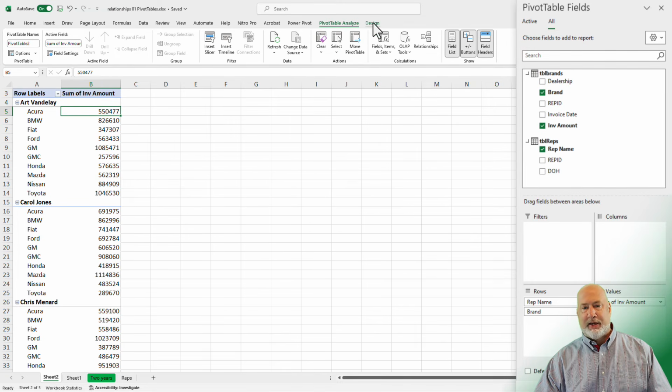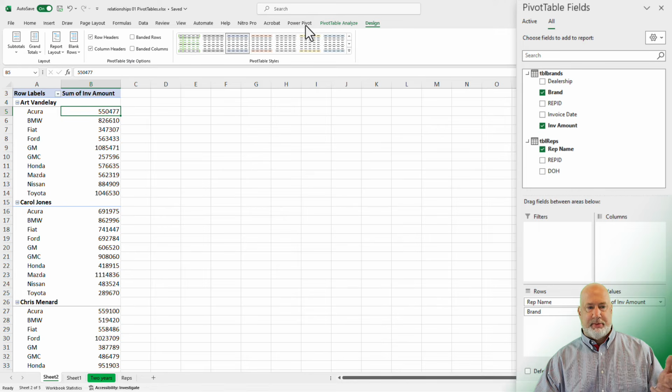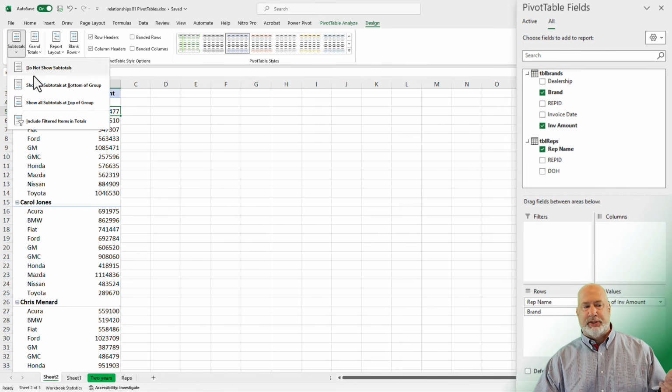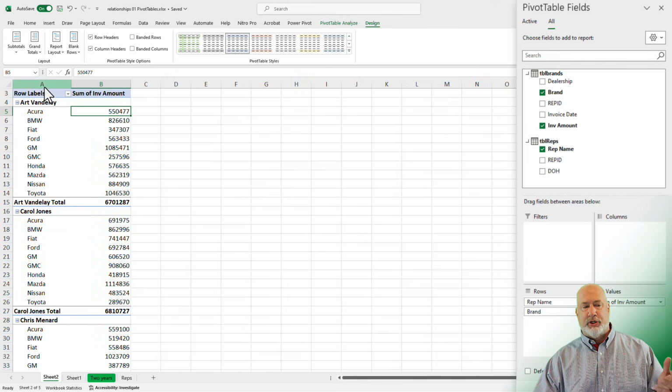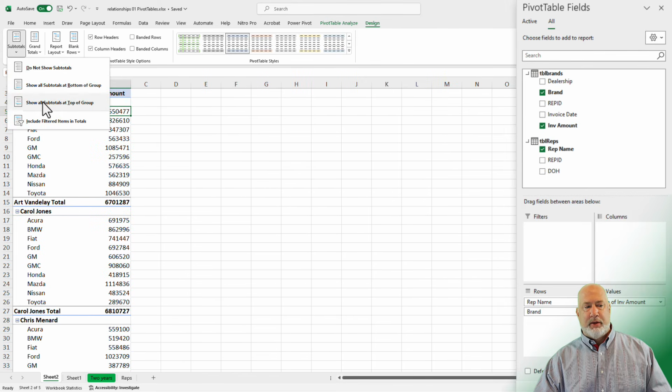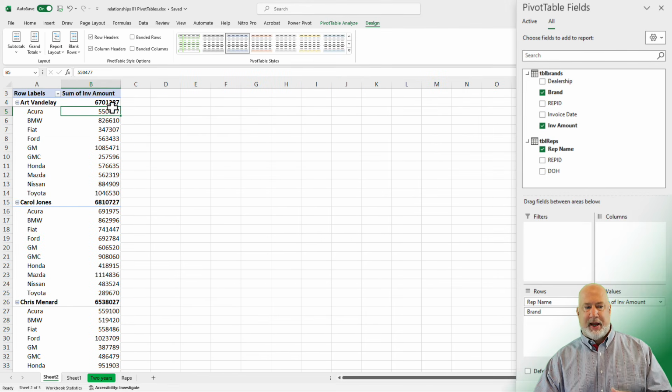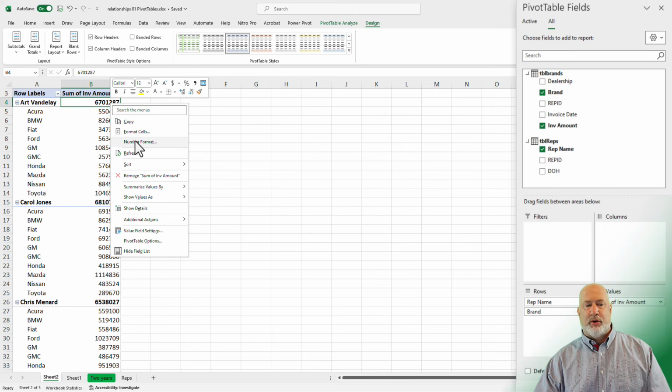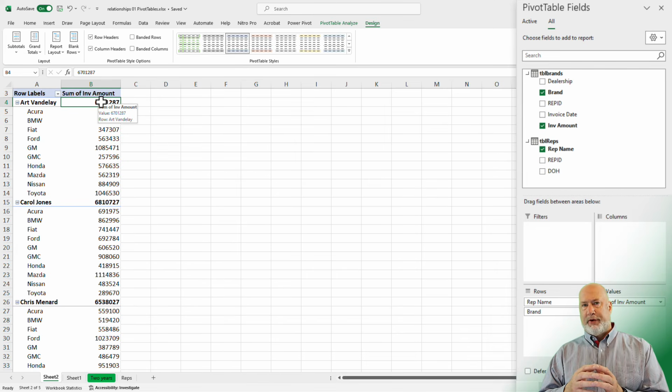You can pull them back, go into the design tab. Let's go ahead and make this right. Subtotals, it's up to you with these options. You can show them at the bottom of the group. You can show them at the top of the group. This is back the way it was. And one more time, I would come in here and format the numbers, but I'm not right here. Anyway, cool feature. I love XLOOKUP, but this is probably an example when I would use relationships, and you can do more than 2 tables also, just so you know that.